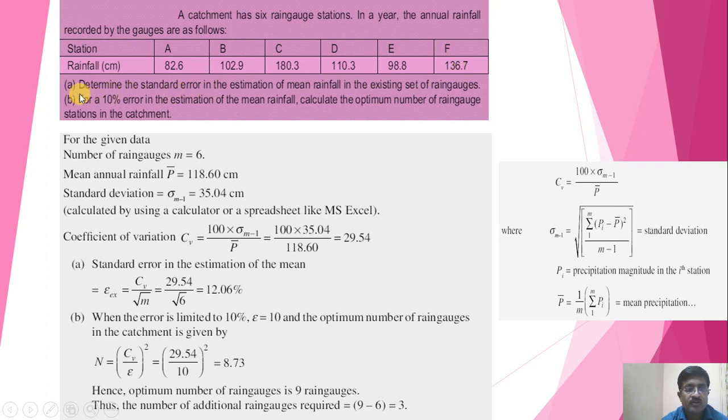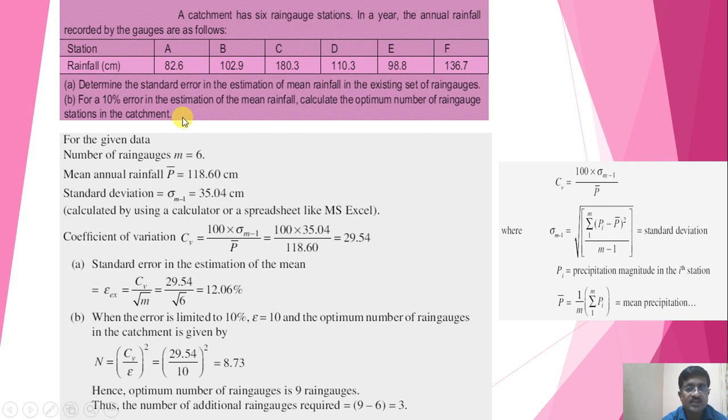What we have to determine? First, determine the standard error in the estimation of mean rainfall in the existing set of rain gauges. Second, for a 10% error in the estimation of the mean rainfall, calculate the optimum number of rain gauge